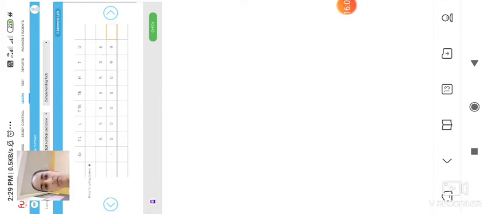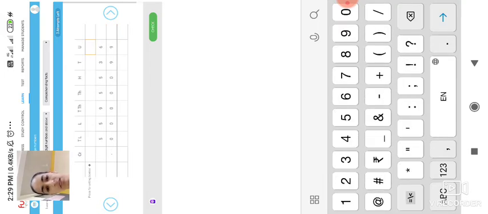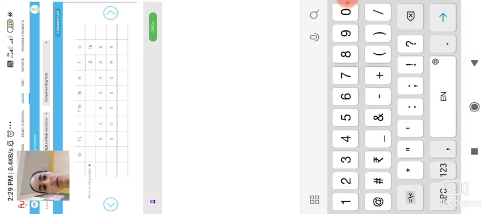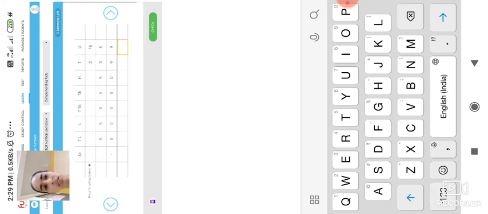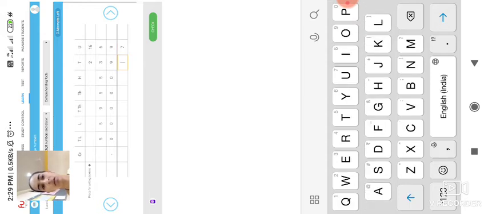Can we subtract 9 from 6? No, we can't subtract. So we have to borrow some number. So 6 will become 16, and this 3 will become 2. Now 16 minus 9, what is your answer? 16 minus 9 will be 7. So write there 7. Now see, can we subtract 9 from 2?